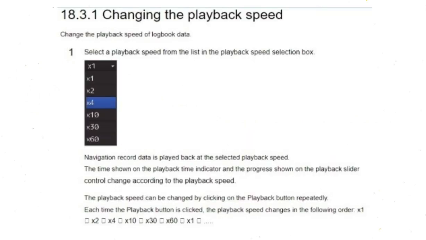Changing the playback speed. Select a playback speed from the list in the playback speed selection box. Navigation record data is played back at the selected playback speed. The time shown on the playback time indicator and the progress shown on the playback slider controller change according to